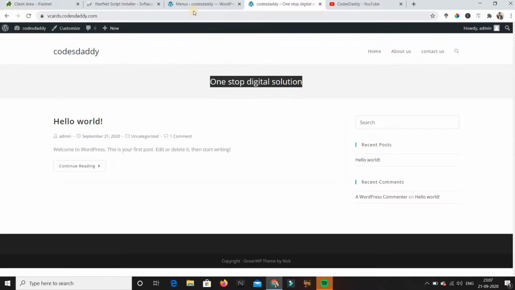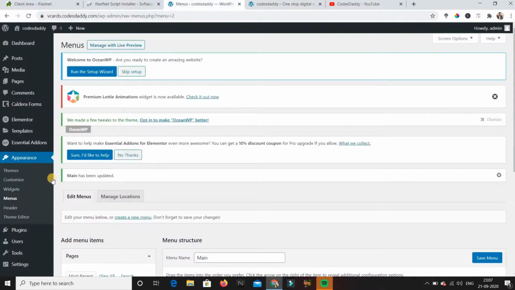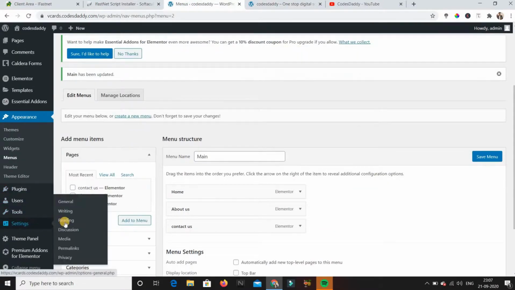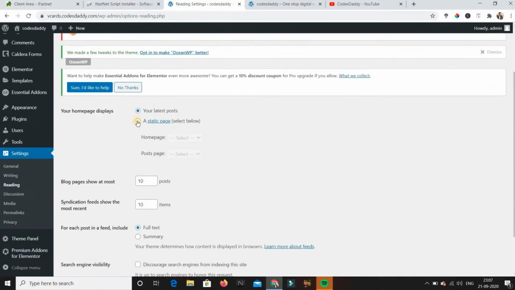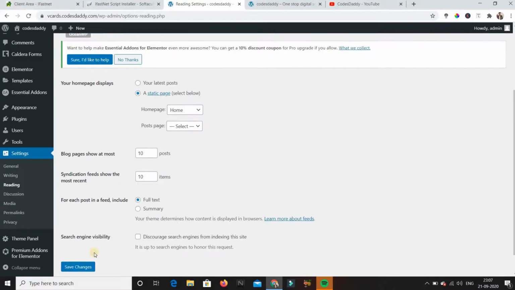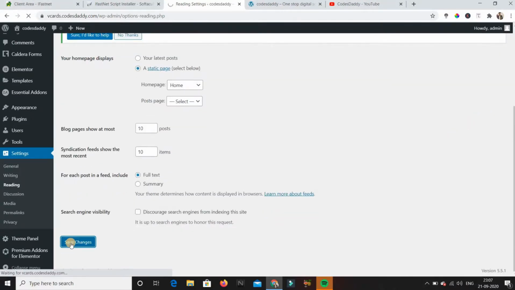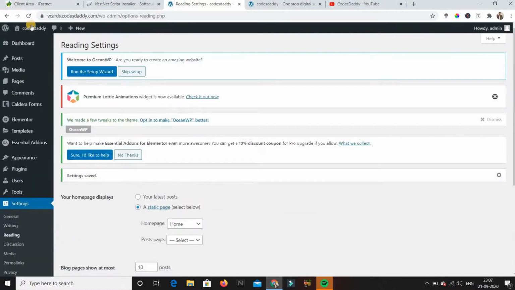To do that, I will go again to my dashboard and go to settings and the reading section. I will click on reading and select the static page option from here, and select home page as our new home page. Click here and just click on save. Now I will again open my site.